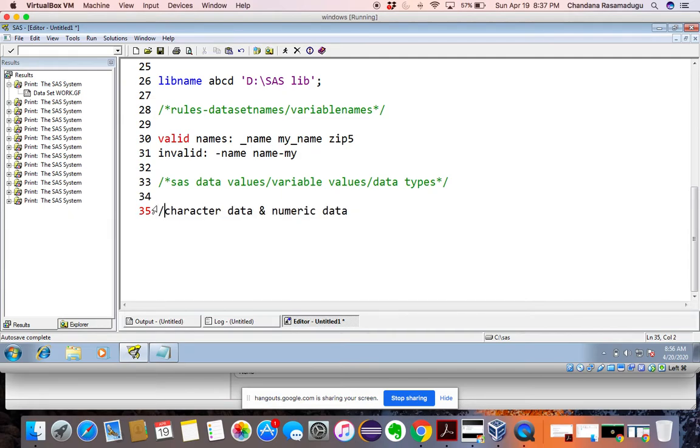So it can be increased up to 32,767 bytes.